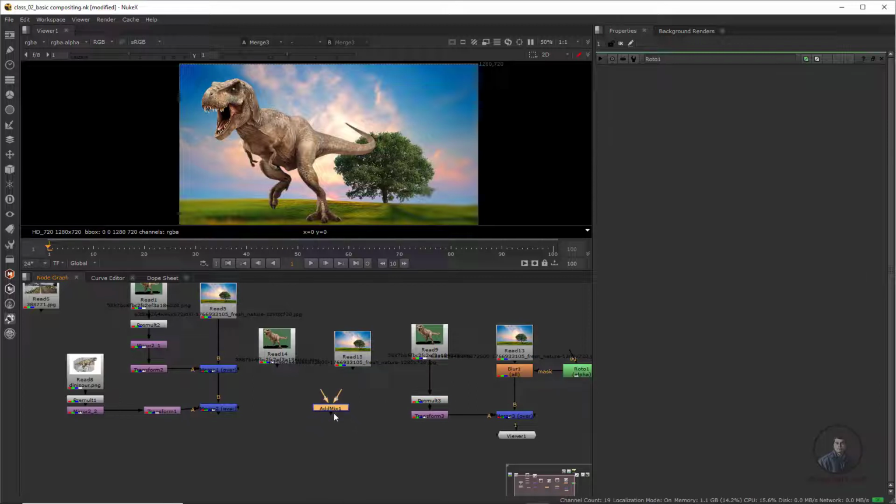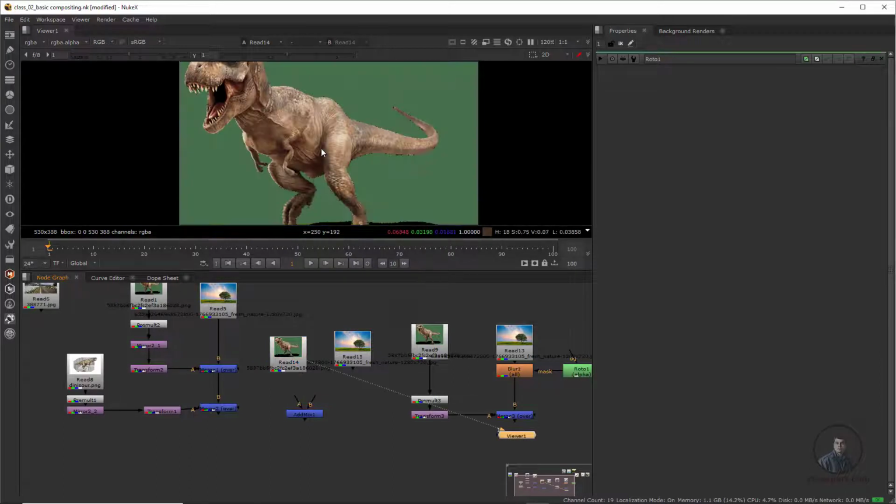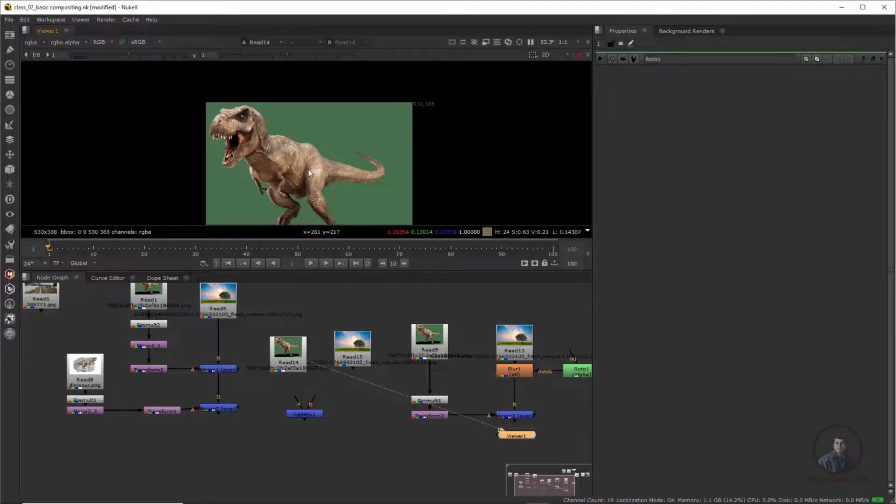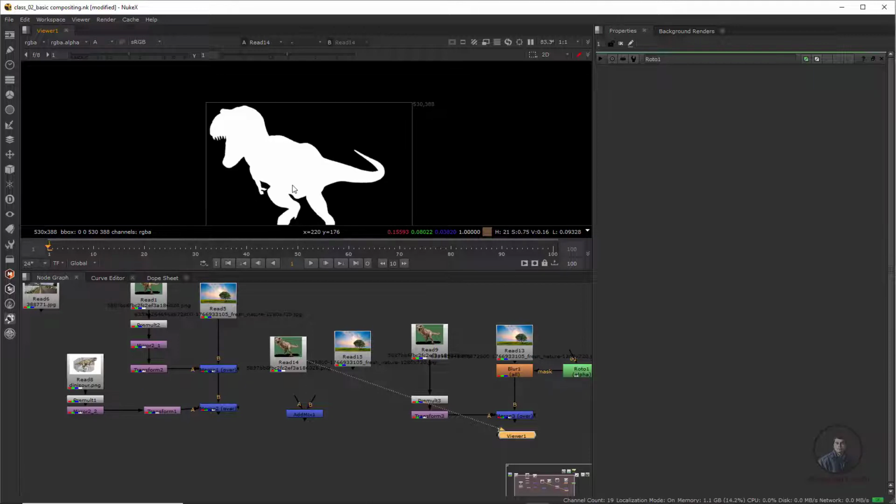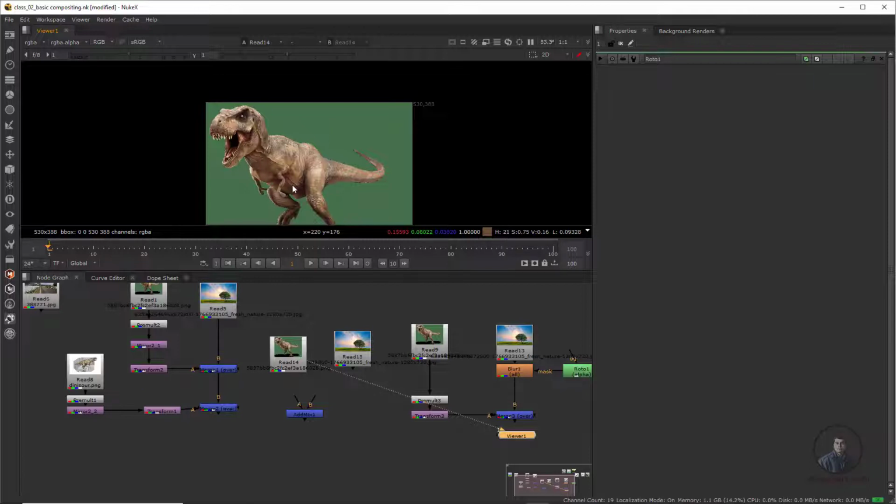But with the help of this add mix node, we only need 4 channel images, RGB plus A. There is no need for a pre-mult node. This will automatically merge without pre-mult also. Okay, so this is the advantage of this add mix node. Suppose this is our original image. Now press 1 here. Now check, this is a 4 channel image. Remember this one, a 4 channel image should be there. Now press A for alpha channel, and if you press A again, this will show you RGB mode. Remember this one.